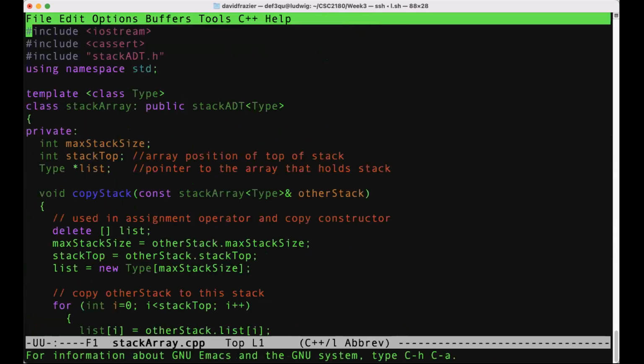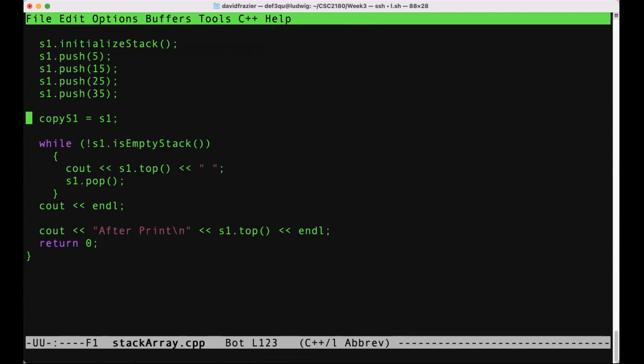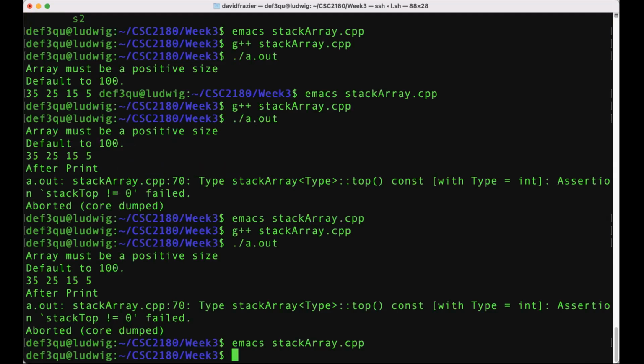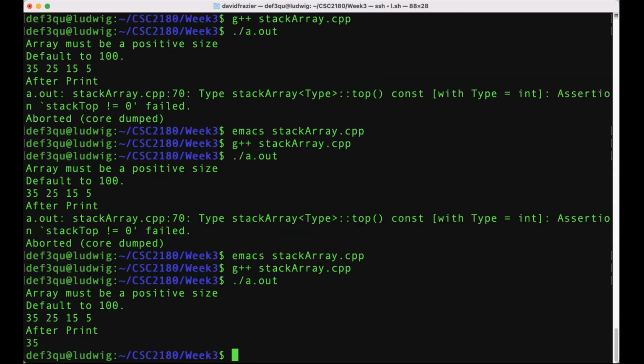Oh, because I didn't change my code. You have to change all the code. Yeah, I want to copy the copy S1. That's why I didn't do anything. Copy S1 here. And most importantly, copy S1 there. Okay, that should fix it. Okay. Yep. Okay, so